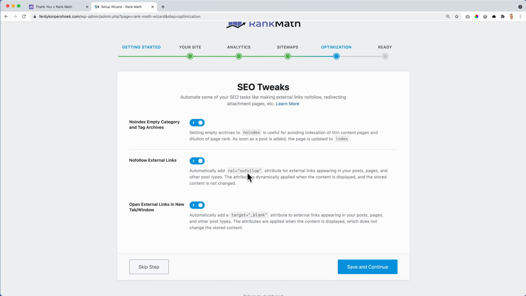If an important website links to an external website, that gives that other website also a little bit of authority. Like, hey, a big website is linking to a smaller website, so that smaller website should get a higher authority. If you turn this on, you will not do that.